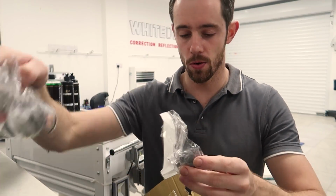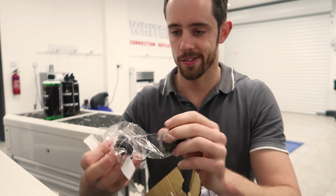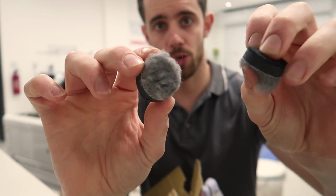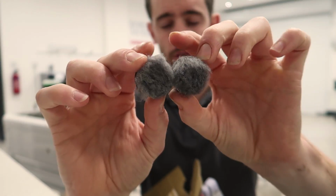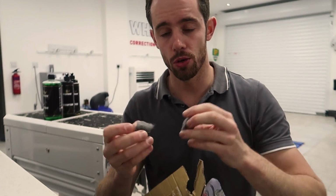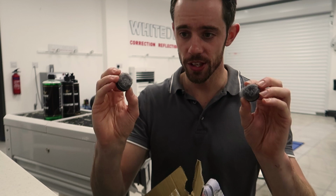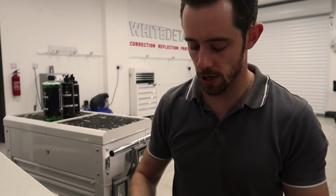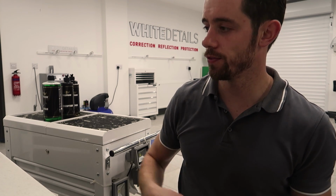Nice work. The 1-inch foam cut pads, three of. I've got a few of these now, the Maguire's Rotary Microfiber cut pads, so it'll be interesting to see how these compare. To go with the polishing, cutting and finishing pads,